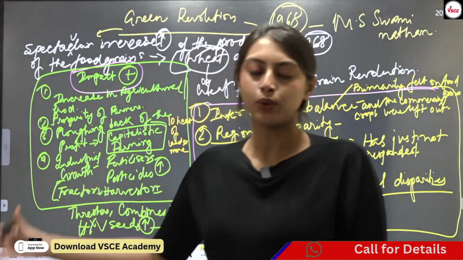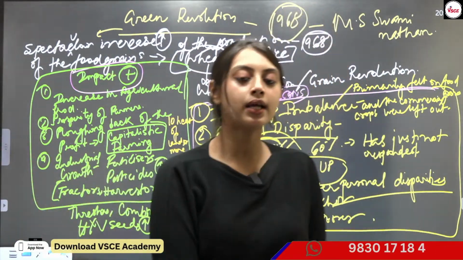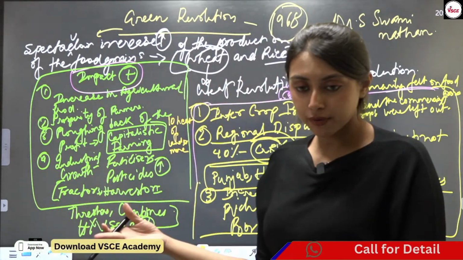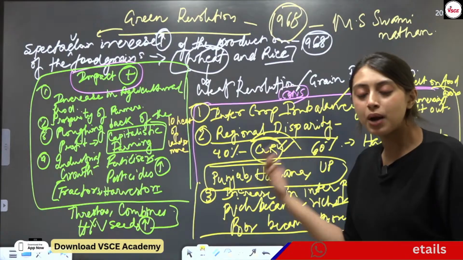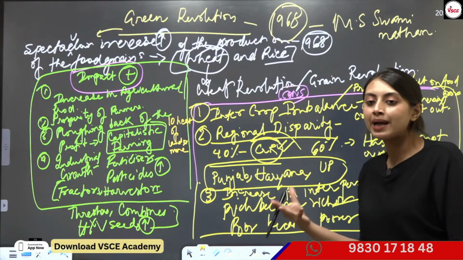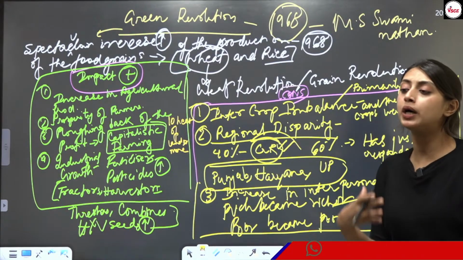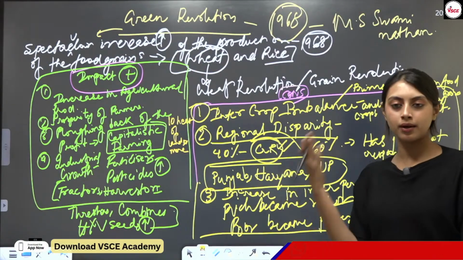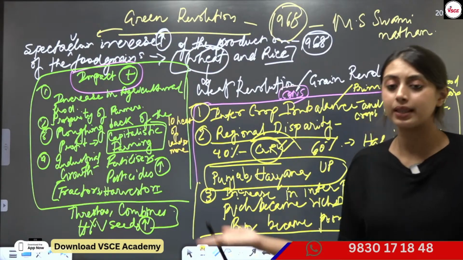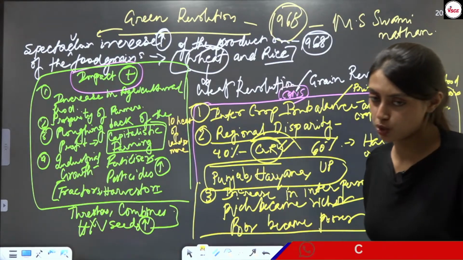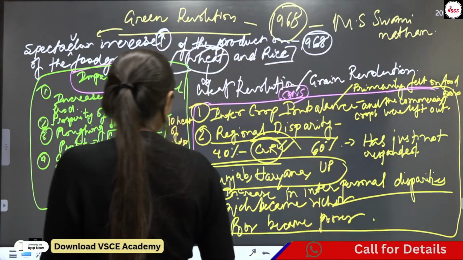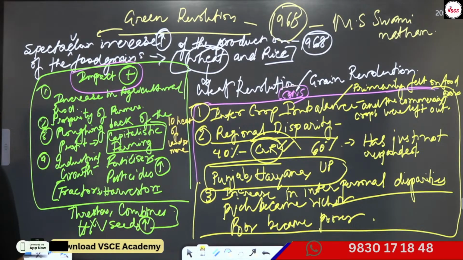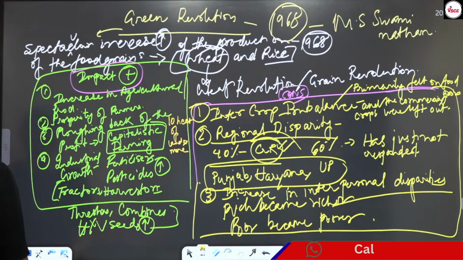They could invest in capitalistic farming. They could invest in mechanization procedures. They could invest in precision farming or organic farming in the future. But people who did not have the amount to buy high yielding variety of seeds, people who did not have the funds to invest in their agricultural lands, were left out and not touched by the Green Revolution. Therefore, the interpersonal disparities were elongated and it became harder to operate that, right?